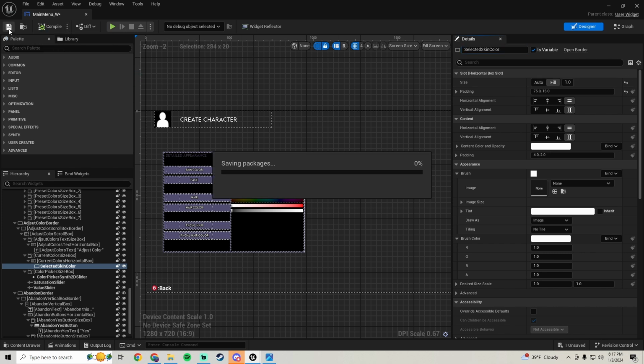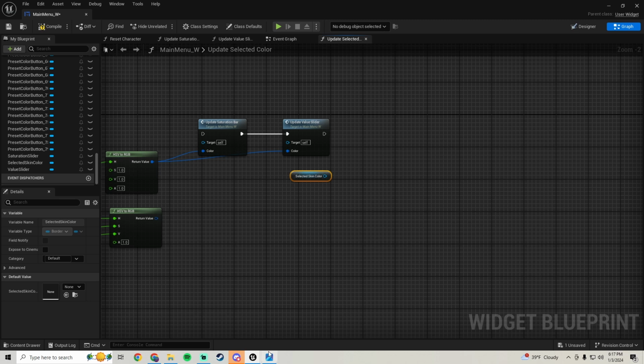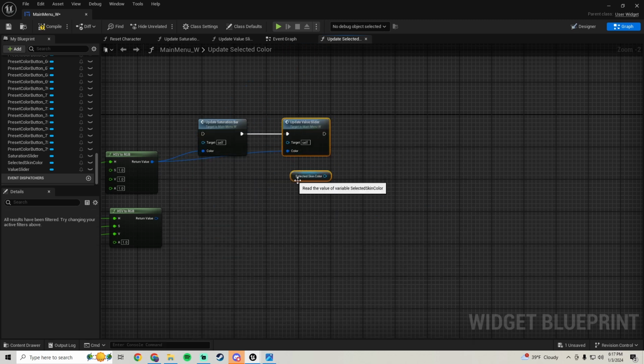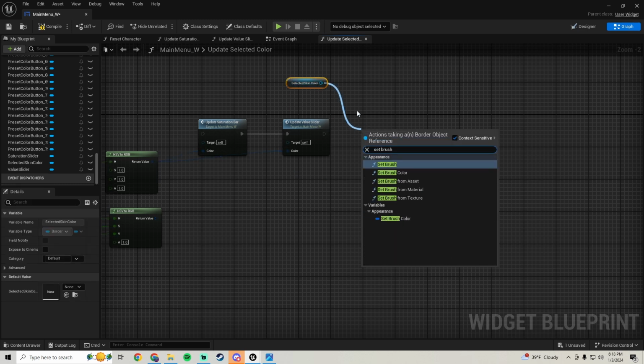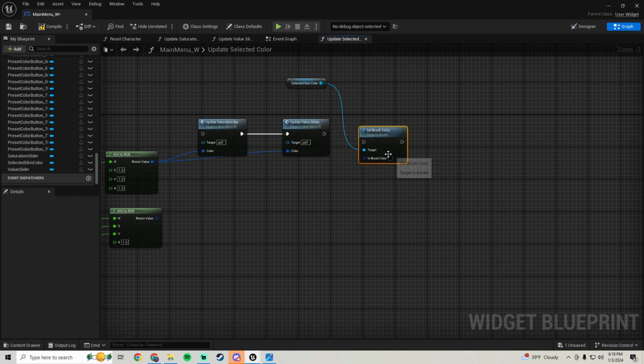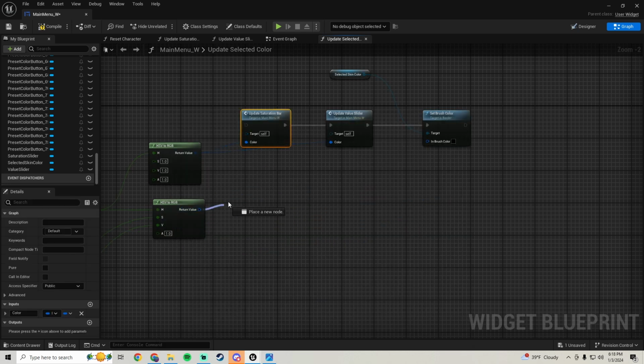So let's call it selected skin color. Let's go back and rename that, and we're going to hop back into the graph and pull this selected skin color in, and we want to set brush color. Just grab this guy, set brush color right here, and we want to set that color to be the color from this bottom HSV to RGB. So plug that in,